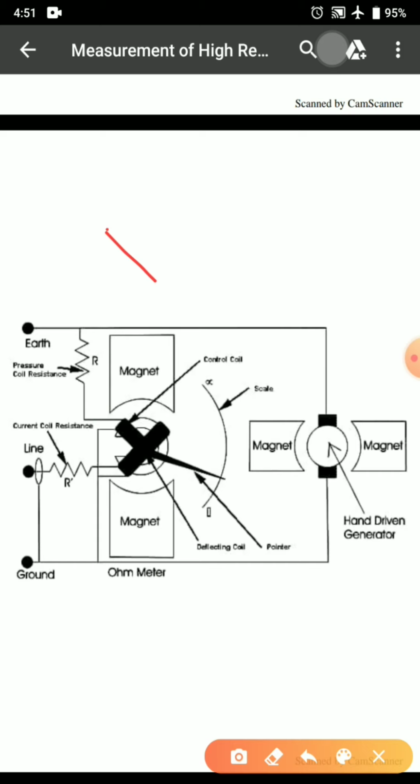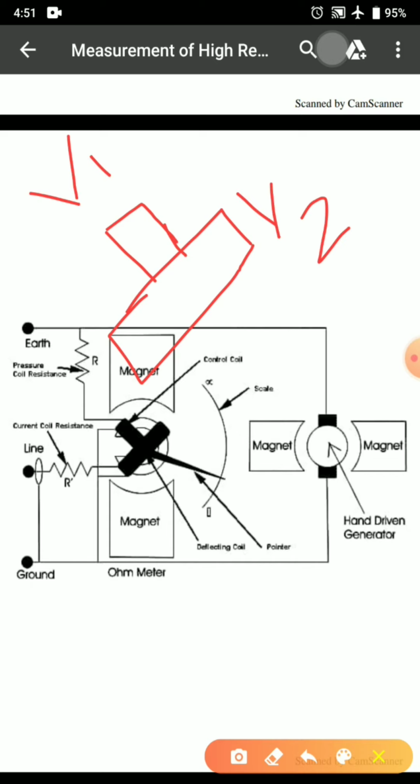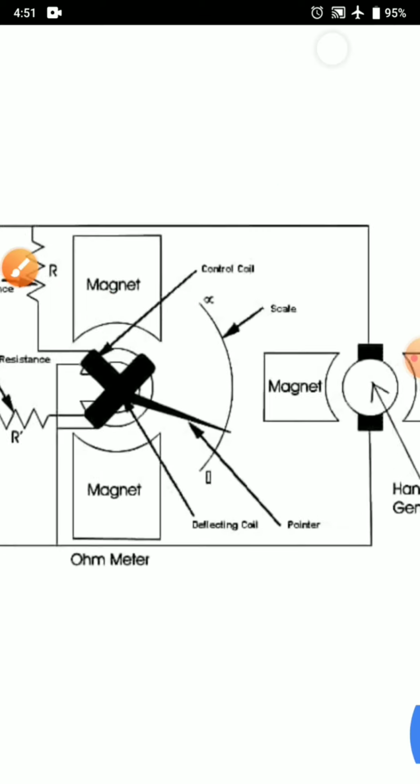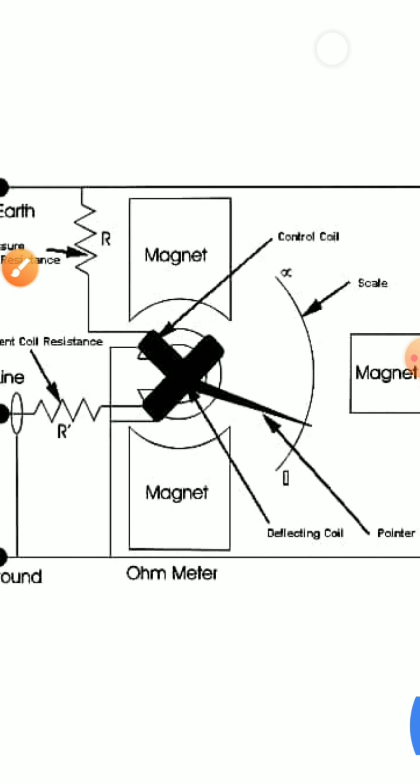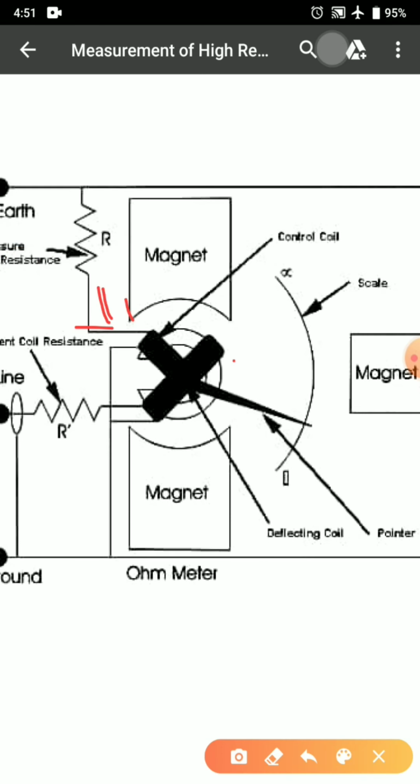It is wound in such a manner that it forms a T or a plus arrangement. Now we can see here that, as I have said, there are two voltage coils, V1 and V2. Let me zoom into the picture. This is V1. Let us consider this to be V1 and the longer one to be V2.